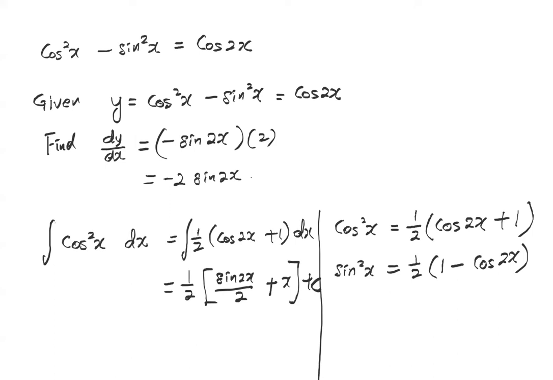I only gave you sin and cos. I didn't talk about tangent. There's also a double angle for tangent, but I think you won't be asked of that. So all these formulas you have to write in this form so that you can replace it quickly. So is it okay? That is how you use your double angle formula. It can be used in